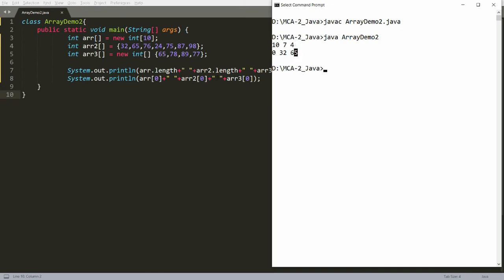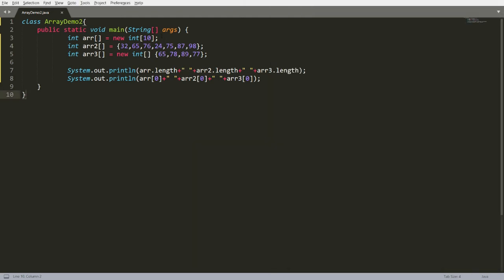So there are 3 ways to declare an array. First, directly you can give the size. There is a default value: if it is an integer then the default value is 0. If it is a boolean then the default value is false. If it is a string then the default value is null, and if it is a float or a double then the default value is 0.0. And here you can assign the values also without writing the new keyword. You can declare an array. And one more way, if you want to combine both ways, then also it is valid in Java.